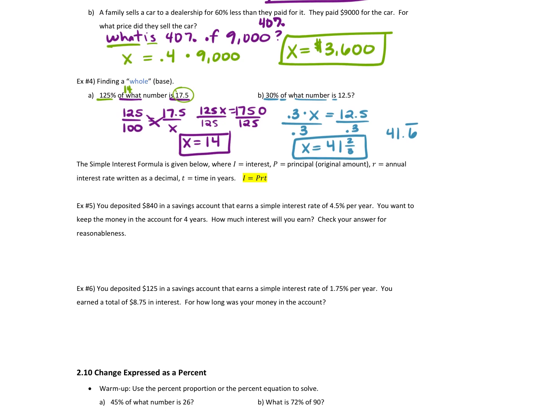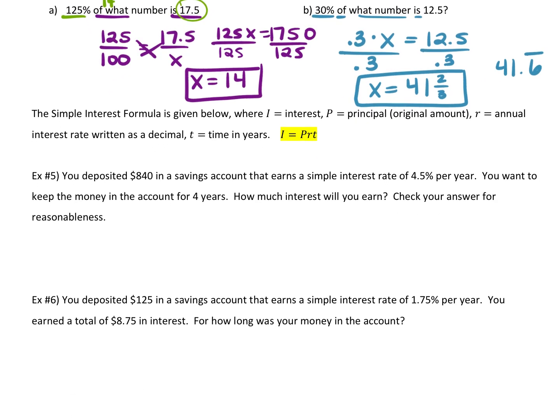There is a formula for finding simple interest. It says the simple interest formula is given below. That's this formula, where I is your interest, P is your principal, which if you just think of principal as the original amount, the starting amount is your principal. And then R is the annual interest rate. T is your time in years. So just keep in mind the interest rate you're going to write as a decimal in this type of problem. And it literally is taking numbers and just making sure you're dropping them into the right places. So if you take a look at example 5 here,